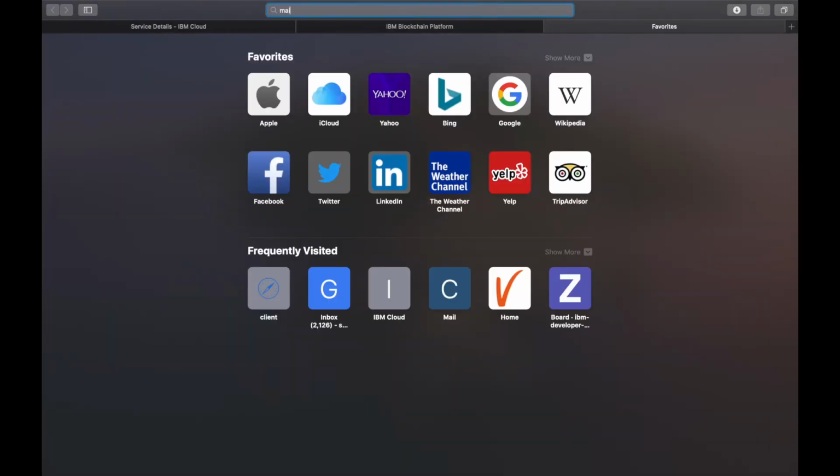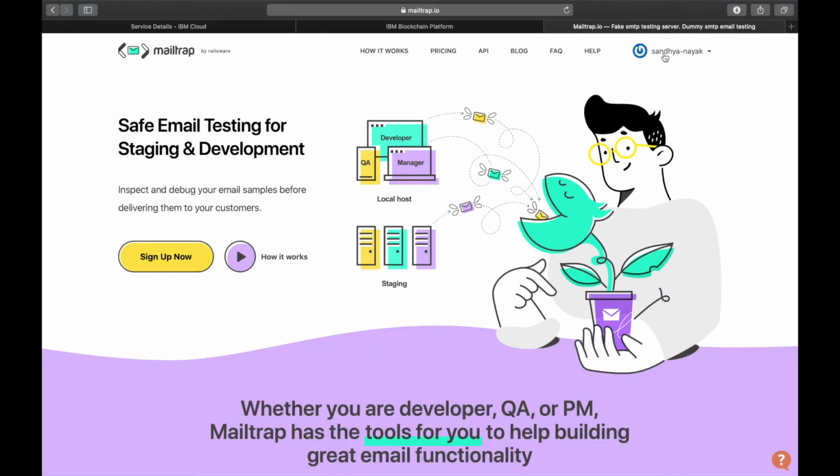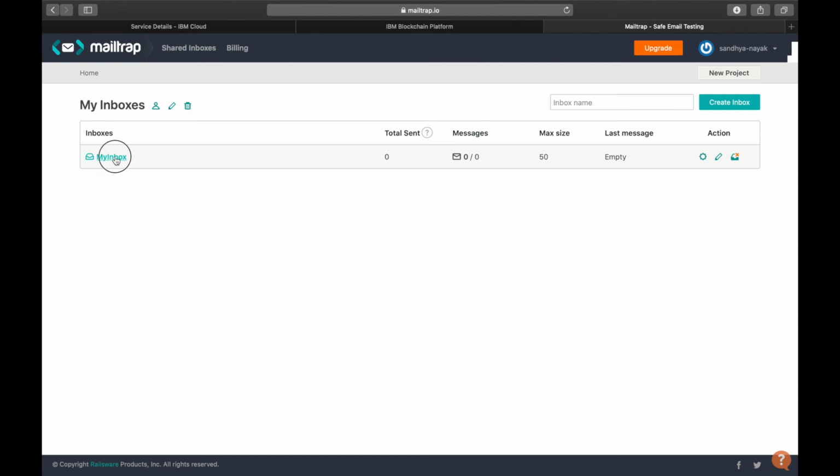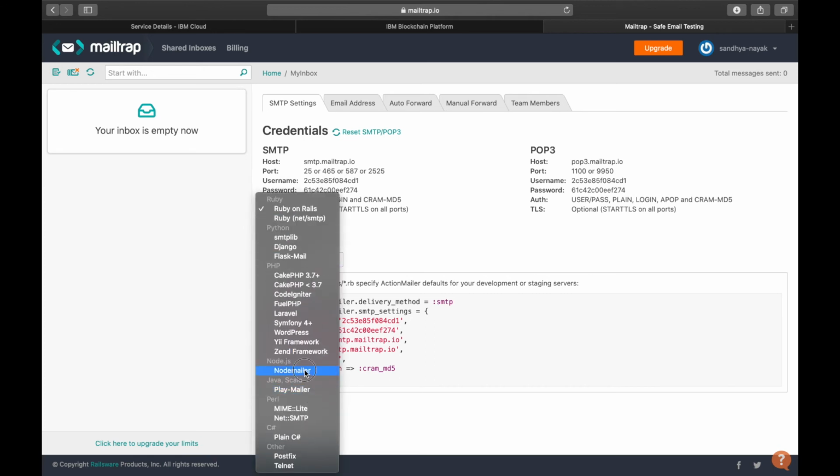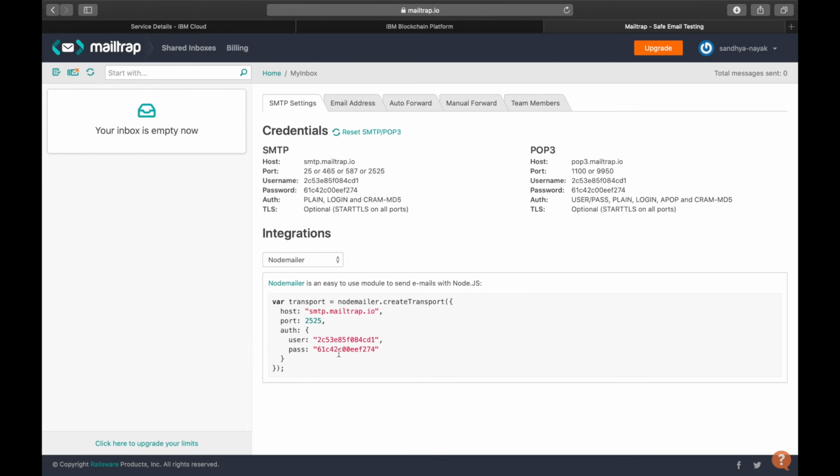So let's go to mailtrap.io and go to the inbox that we had created. Now we are going to connect to mailtrap.io using NodeMailer. So under integrations, let's go to NodeMailer, and we can grab these pieces of information from here and add them